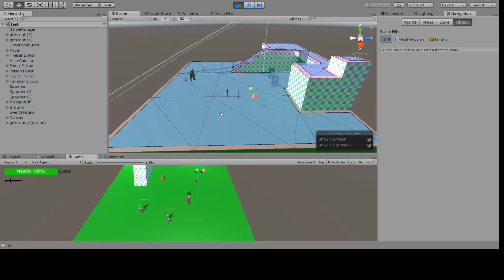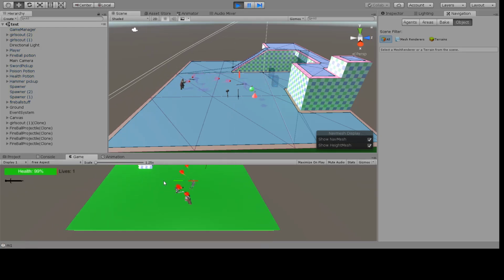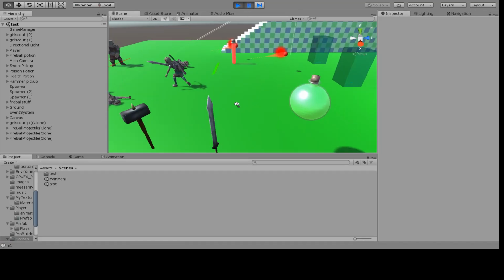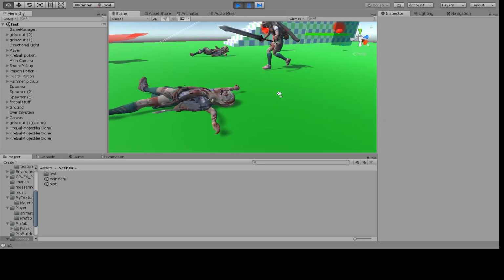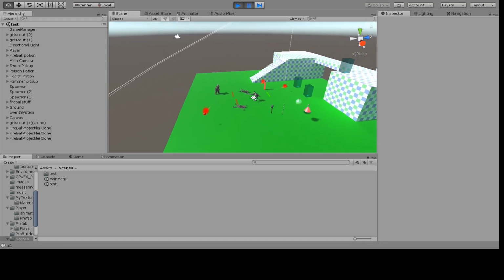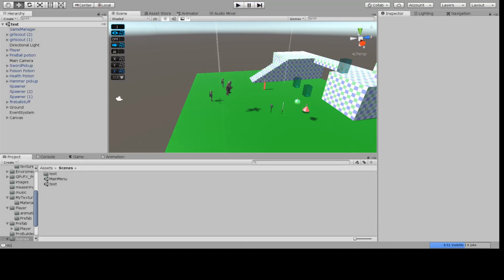And then the enemies do ragdoll. I don't know if I pointed that out. When they die, they do ragdoll when they fall on the ground. So, and I do believe